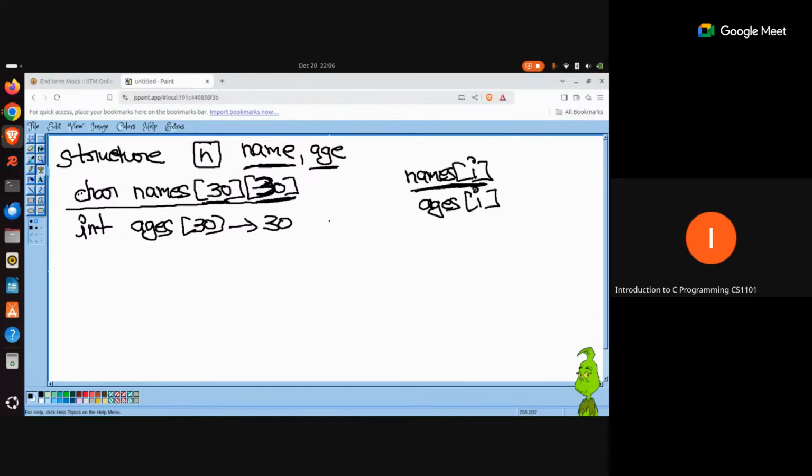Okay. So what you will have to do is always trust the indexes. If, let's say, you want to access the fourth person, you will say names 3. Since you are saying the fourth element, and since indexes begin from 0, the correct index for the fourth element is going to be 3. Names 3 is going to give you the name of the fourth person, and you will have to go about ages this way only, ages 3.